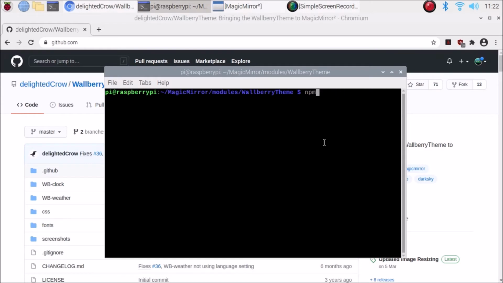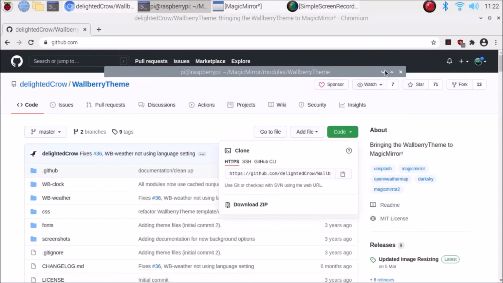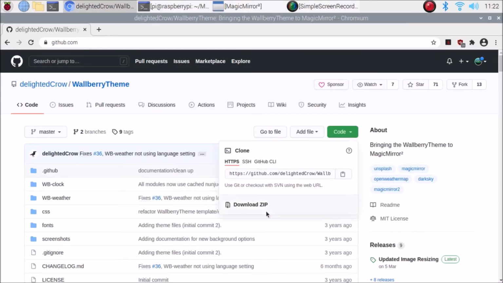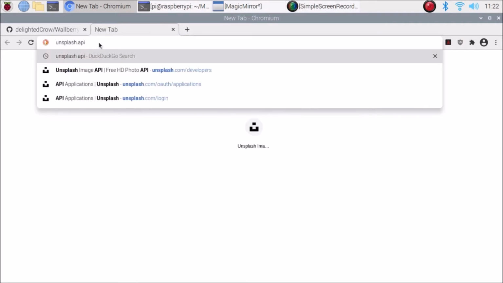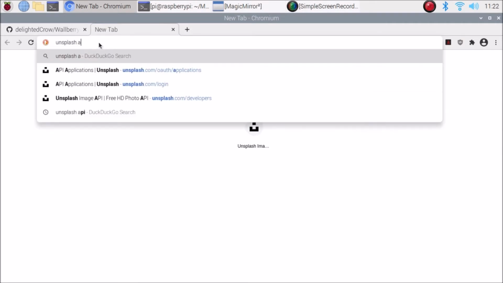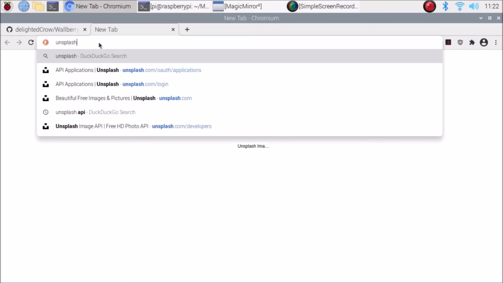Now what we want to do, as I told you, we need an Unsplash API key. So how do we get it? Simply you need to go to their official website and register with your Gmail ID. The link is unsplash.com slash developers.